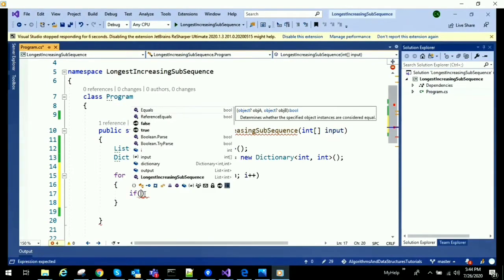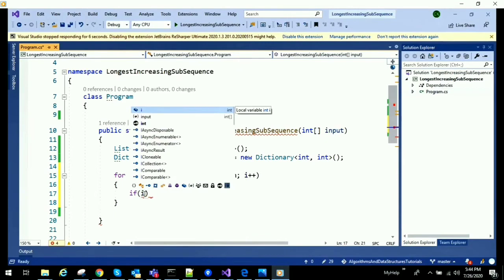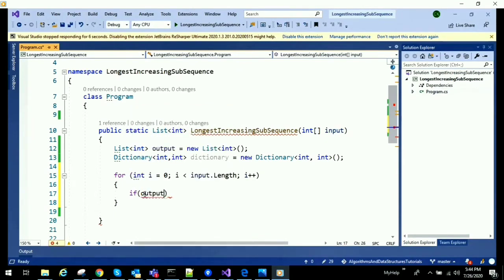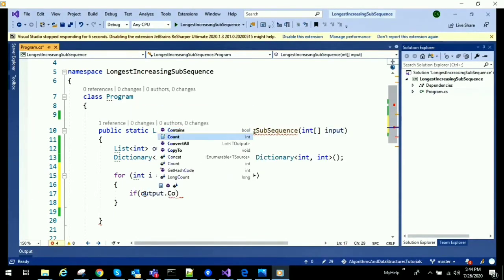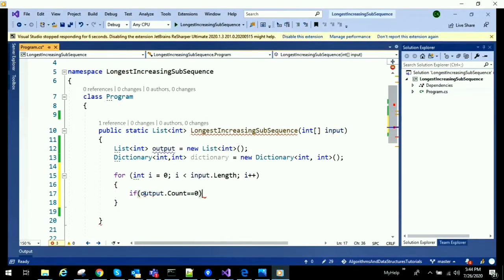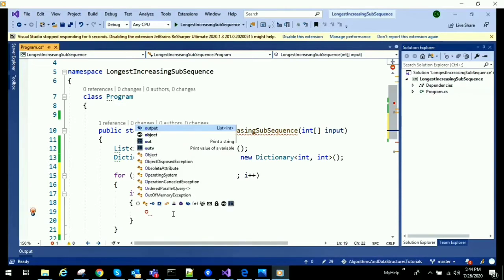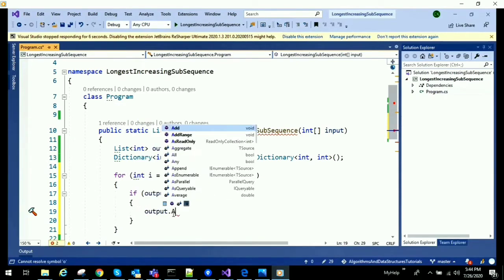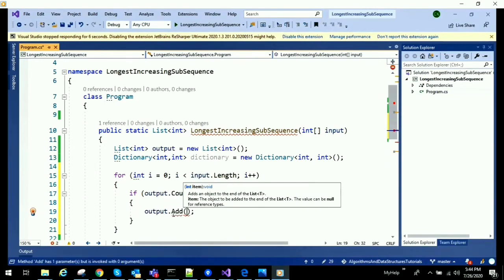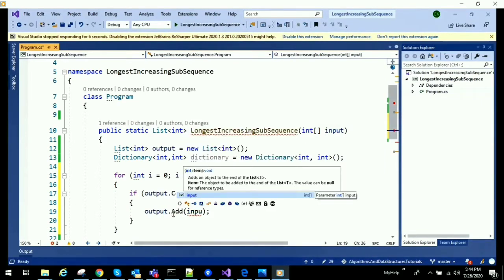And now we start with the condition. If output.Count is double equal to 0, it means that the array is empty. If the array is empty, directly we can add the element. That's the reason I am adding the current element. Current element will be input of i.